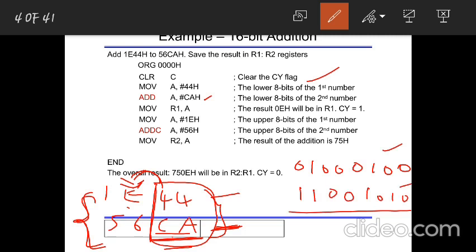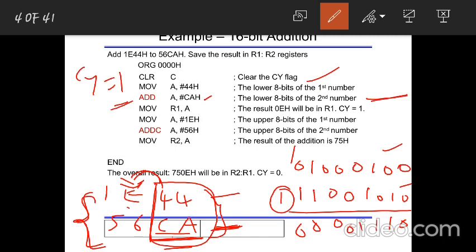So here ADD A, #CA means, 0 plus 0 I will get 0, 0 plus 1 is 1, 1 plus 0 is 1, 0 plus 1 is 1, here I will get 0, 0, 1 plus 1 is 0 with carry 1. Okay, and here 1 plus 0 plus 1 is nothing but you will get 0 and a carry. So here you are getting a carry from here. So when you get a carry over here, this carry will affect the PSW register. That means now carry will be equal to 1 after execution of this line.